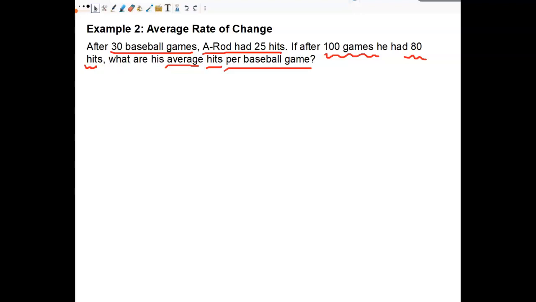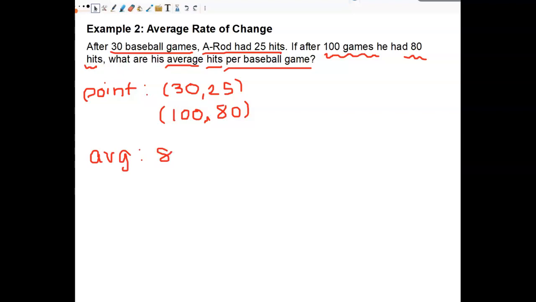So that means the games are my X and hits are Y. So that gives me the point 30, 25, and the second point 100, 80, so that I can find his average